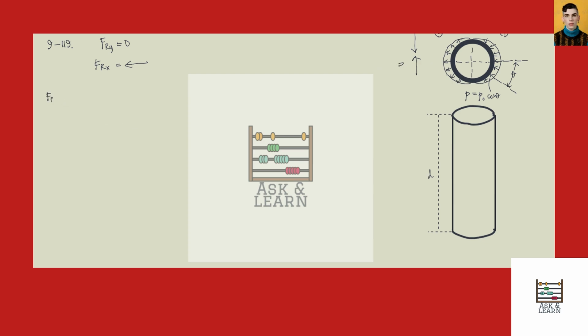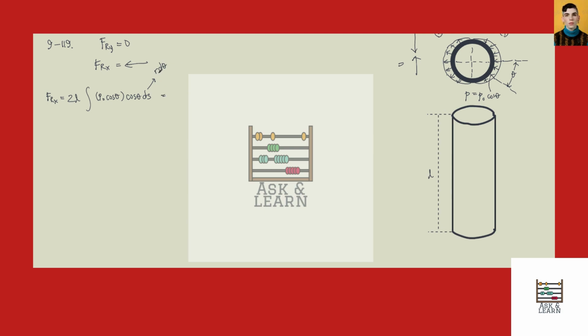So we have Frx equals twice, because we have the positive and the negative, multiplied by the height of the tower, because the wind pressure is distributed uniformly along the height of the tower. The integral of P0 cosine of theta multiplied by cosine of theta for the x component of it, multiplied by ds. But the differential arc length can also be written as r d theta.